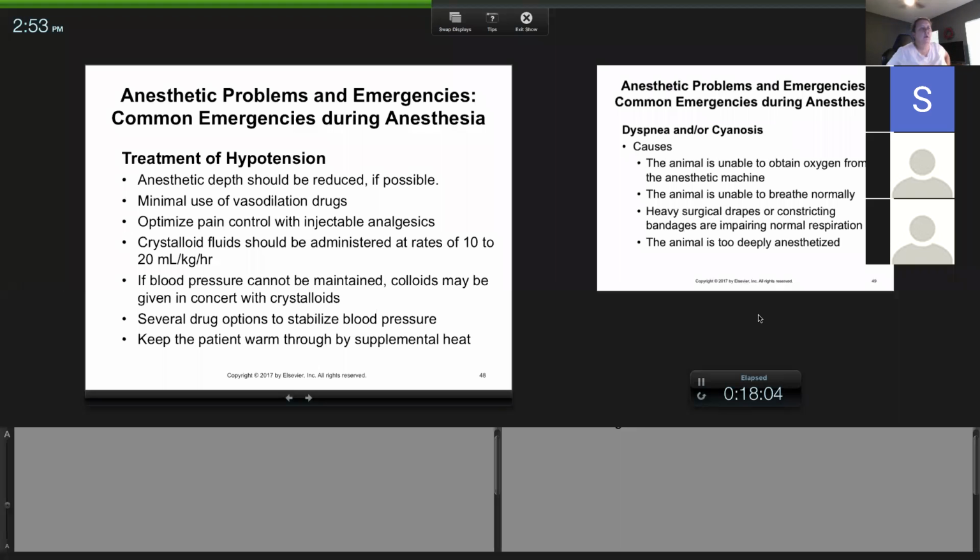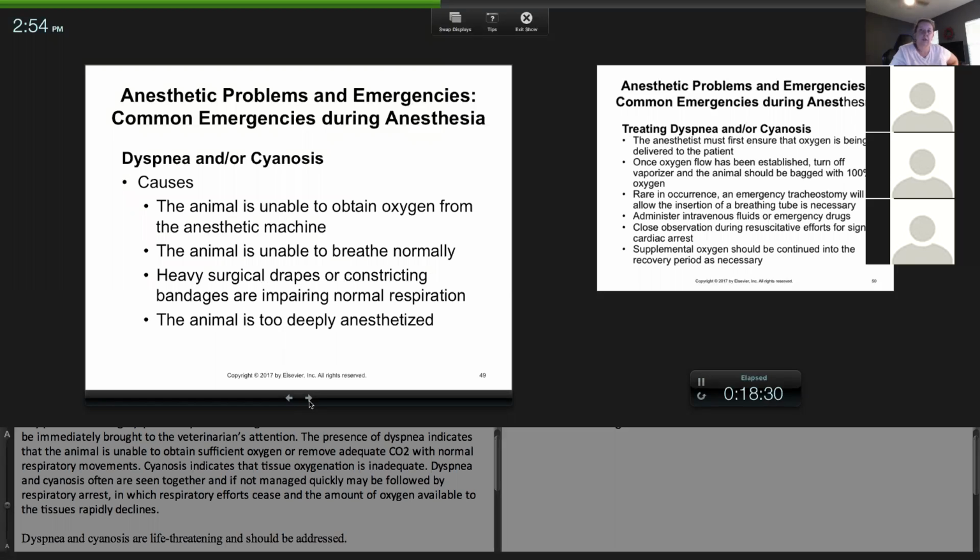Now there is a drug called, I just typed it in the chat screen, dopamine, which is a positive inotrope. You give it in a drip and it will increase the tonicity of the vessel, which makes it tighter, which will hopefully increase blood pressure. So that might work. You might be able to do that. And keep them warm, but you can't just put a heating pad on them to treat blood pressure. So really turning down your anesthetic, fluids, possibly colloids, and then